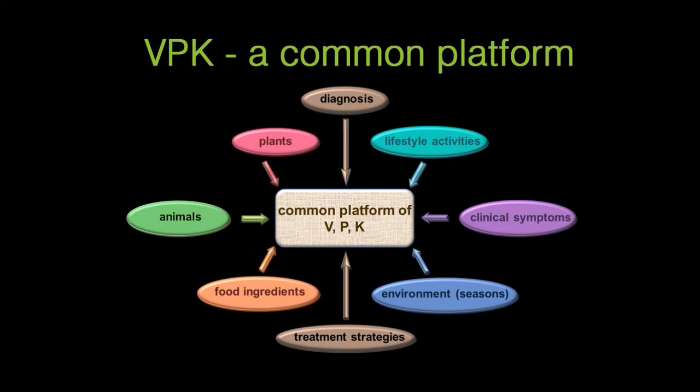So this acts as a common platform for plants, which we use both as dietary ingredients as well as for making medicines, and animals the same way, food ingredients and environment, lifestyle activities, all of which play an important role in health and disease. All these are classified in terms of Vata, Pitta, Kapha, and the clinical symptoms are also understood in terms of